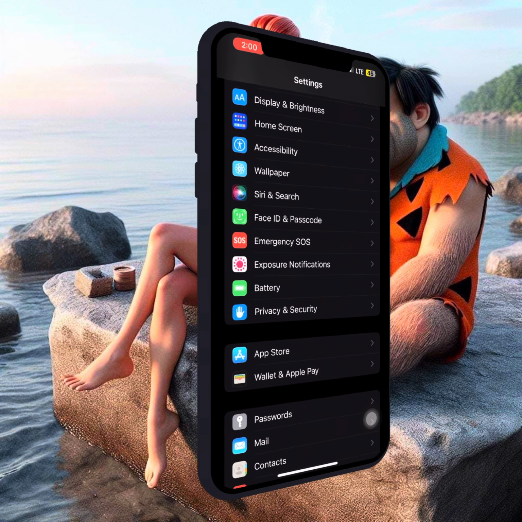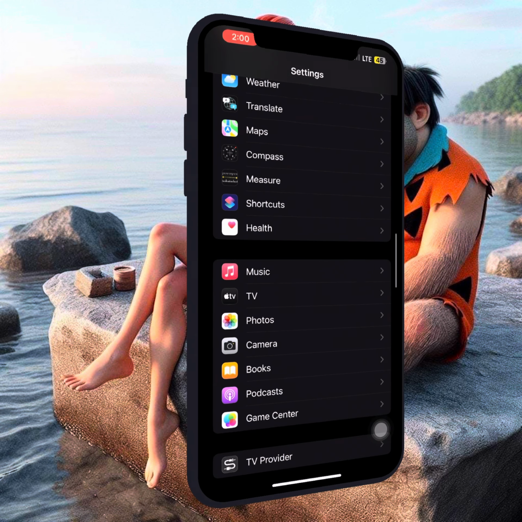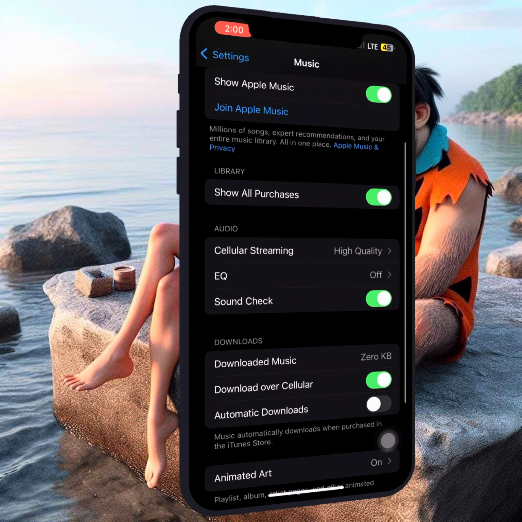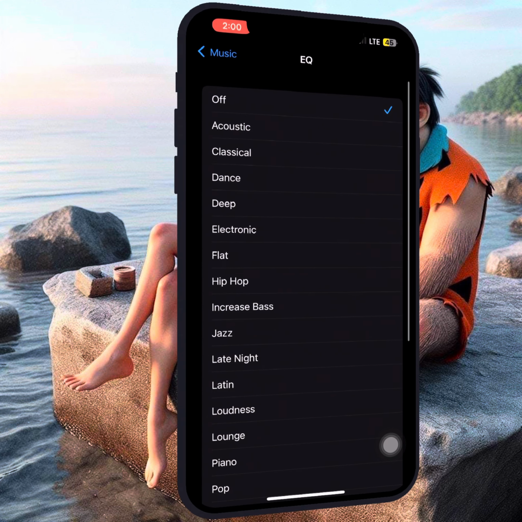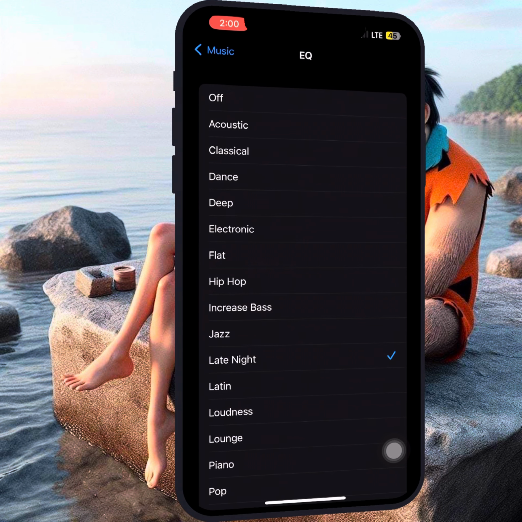Yeah, you go to your settings. Once you go to your settings, you scroll down for music, then EQ, you enter EQ, then you put it at late night. Then after this,